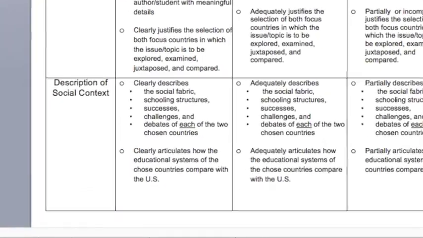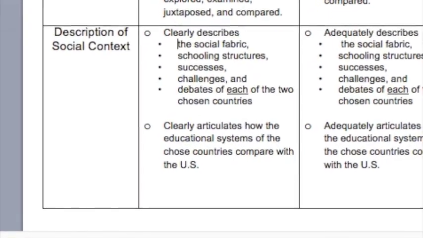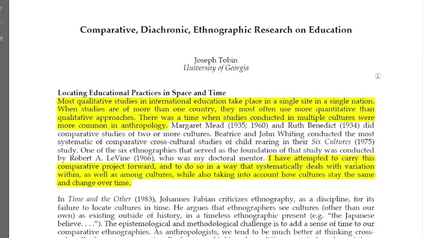There is a component to ethnographic research that is worth pointing out. The text of this Prezi offers you a nod to Tobin. And this is Tobin, Joseph Tobin. This is a paper. It's actually a bit of a critique as well as an analysis of recent comparative ed methodologies and processes. And Tobin is specifically pointing out something that he feels has been missing from the work.